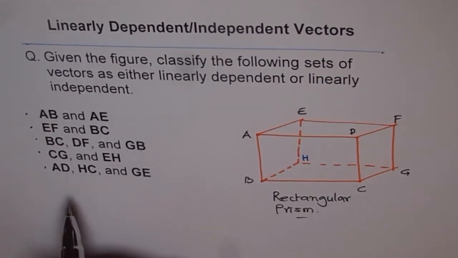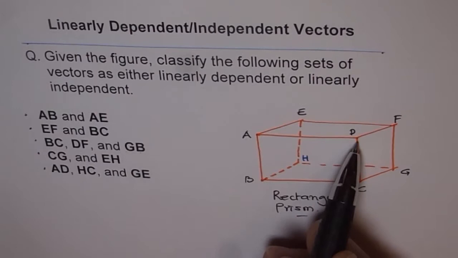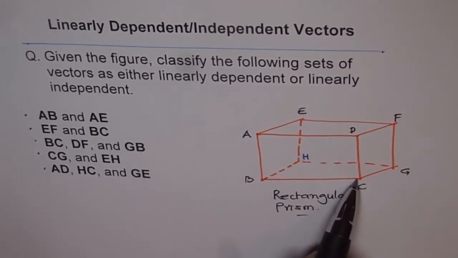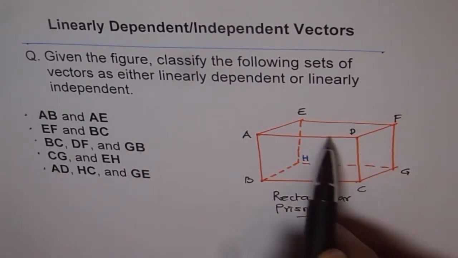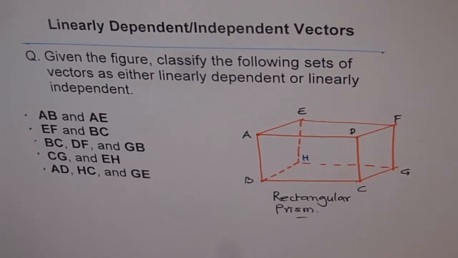And the fifth one is AD, HC and GE. G to E, right? So you have to classify these sets of vectors as dependent or independent. So first do it and then look into my suggestion. As I said, I've seen this problem so many times in test papers. It's very important to understand it, okay? It actually gives you the concept and makes you understand what is linearly dependent and linearly independent